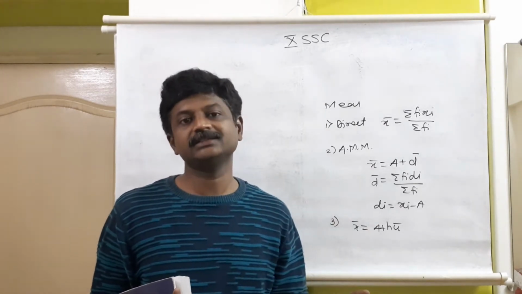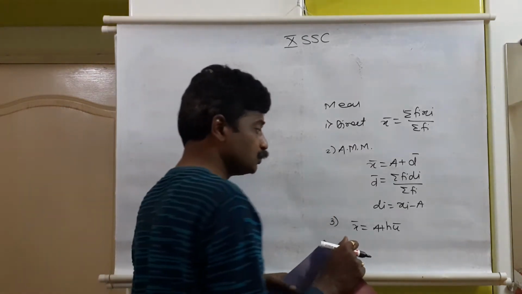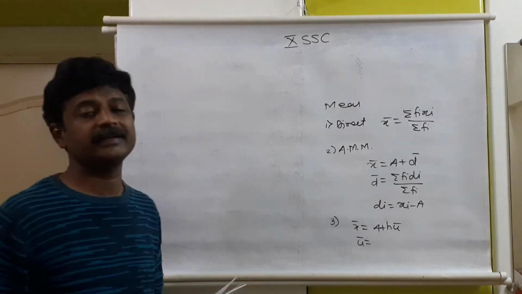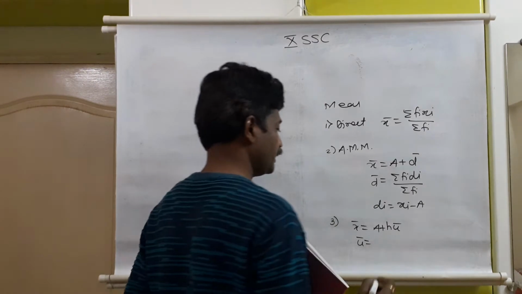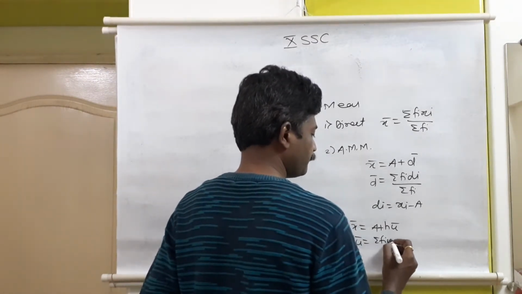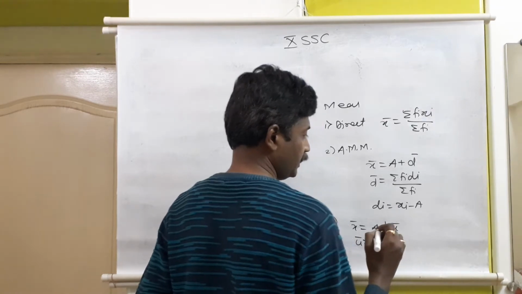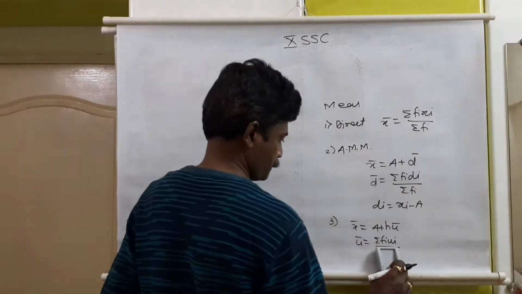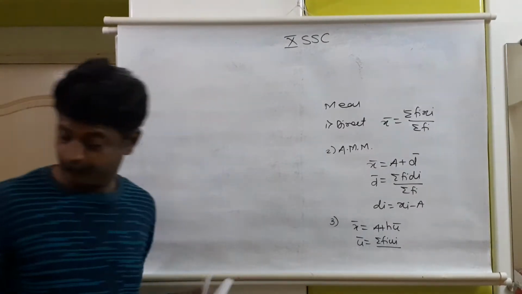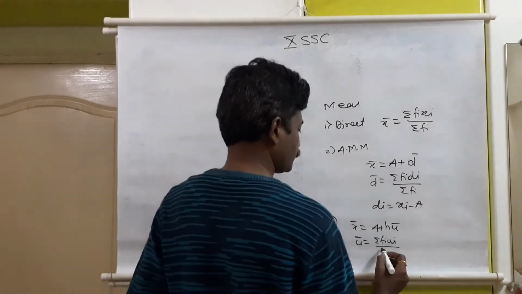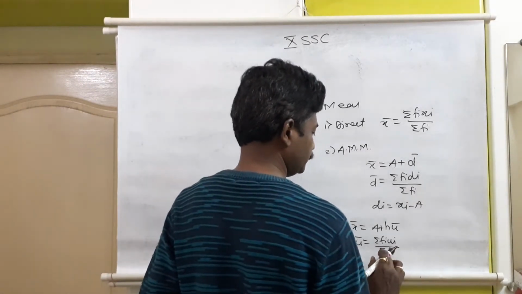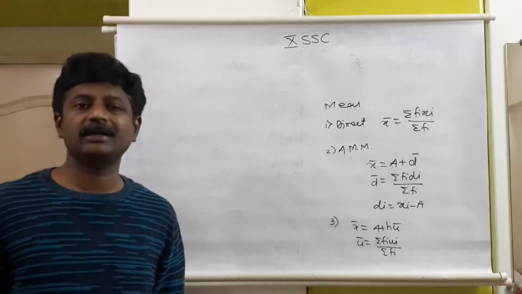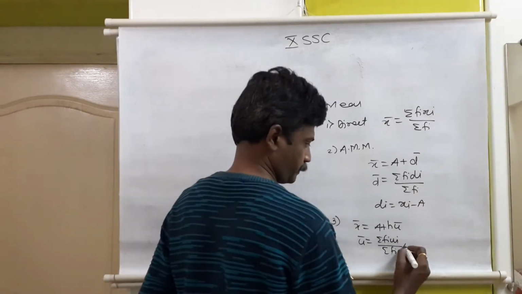Then the class mark, that is xi. What is u bar here? We have d bar is equal to summation of fi di upon summation of fi. Same way, u bar is equal to summation of fi ui upon summation of fi. While calculating ui we can convert it by dividing by g, or here we have to. Now g is the